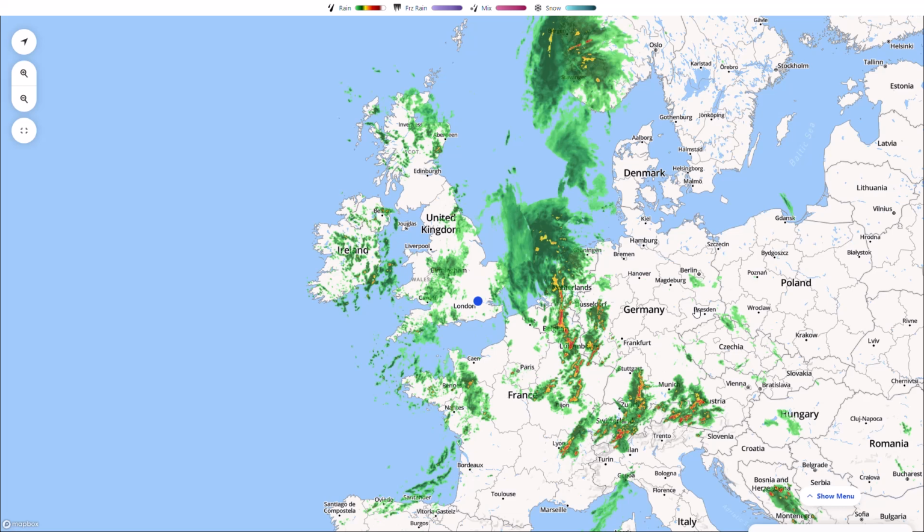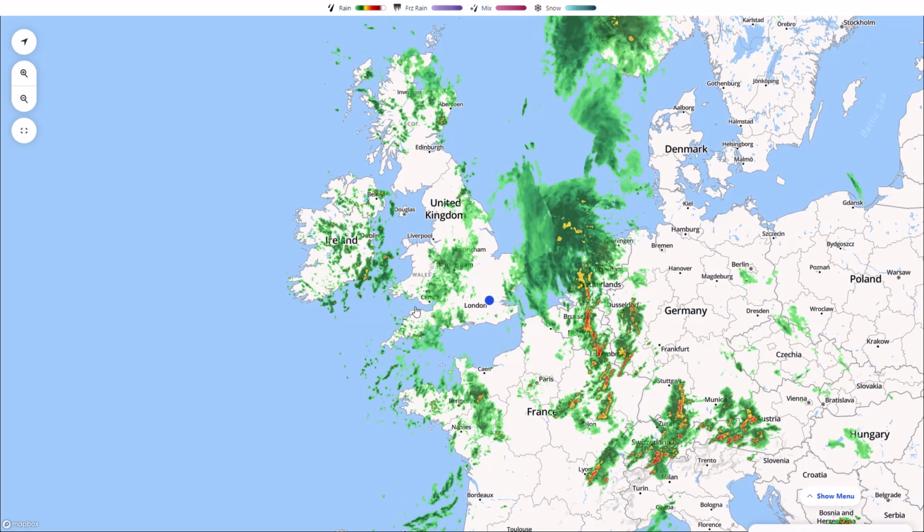So if you do look on the live radar, you can see a very unsettled picture across much of Western Europe. So we still have quite a lot of hot air in near continents, but we have this cooler low pressure system pushing through the UK, and that's why you can see this big massive rain in Netherlands, Belgium, Germany and France. We've got low pressure with much cooler air, showers pushing into the United Kingdom, but in the near